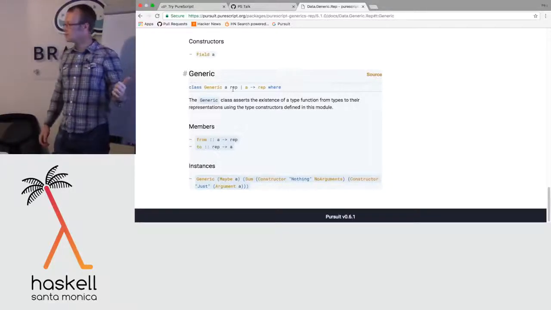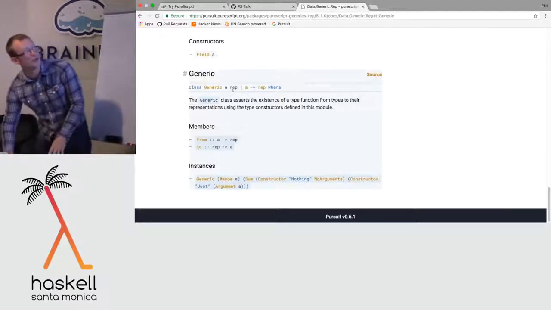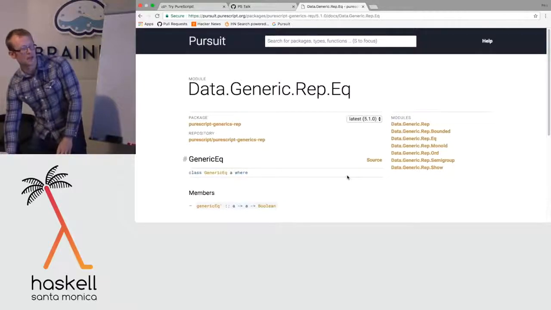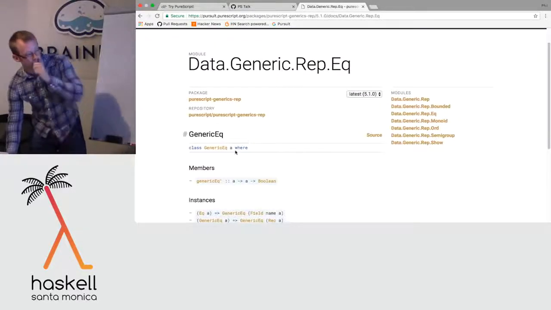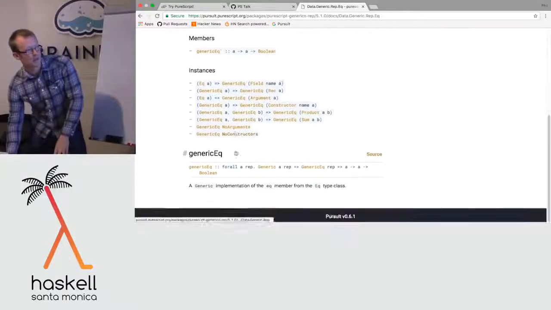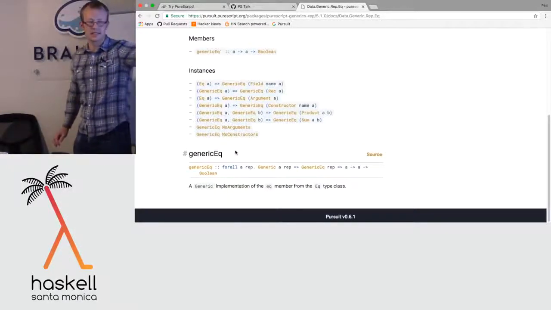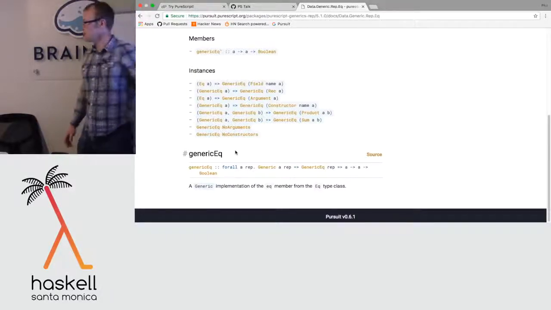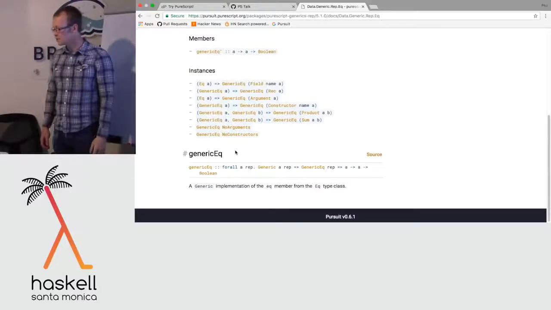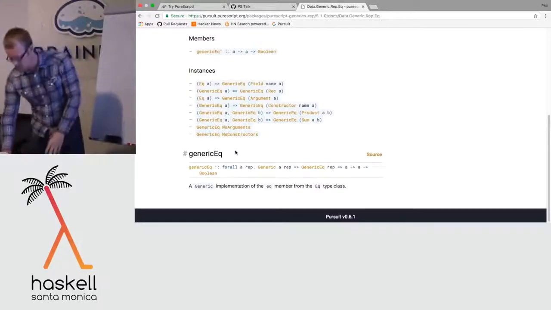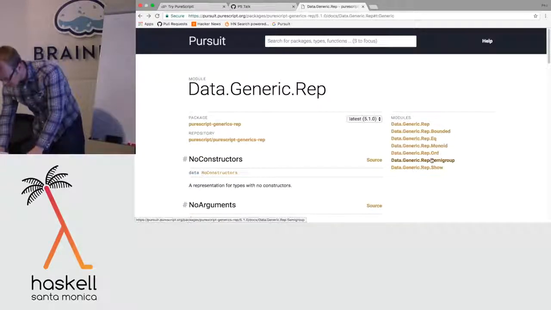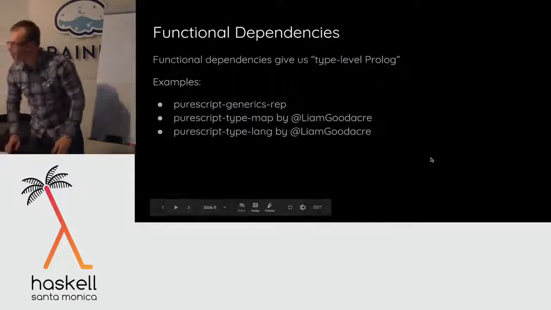So if I want to define an equality, well, what's a good example? In this module, I have generic equality defined. So I have this other type class called generic eq, and then I have this one implementation of equality that says, if you have a type A that's generic with a representation, and the representation has generic equality, then I can implement equality for the thing you first thought of. So then there's a whole bunch of these things. You can implement show this way, you can implement monoid, semigroup, all sorts of stuff.